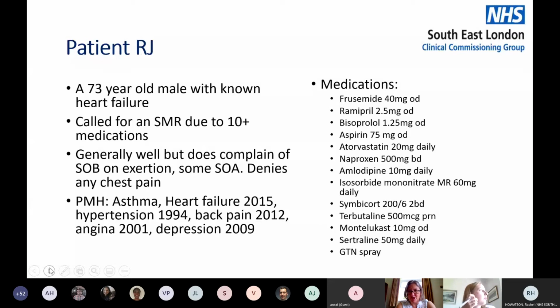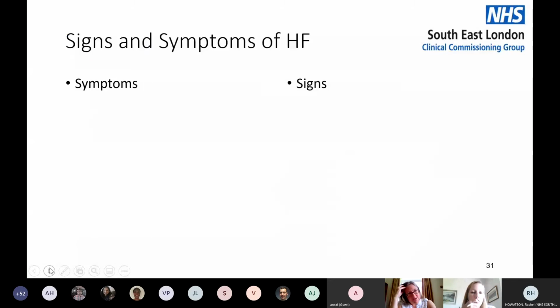So quite a mixture of medication. Next slide. So when you're looking at patients with heart failure, you're going to need to assess their